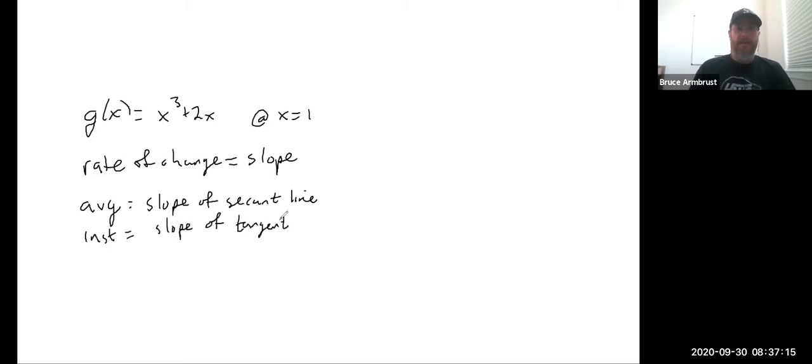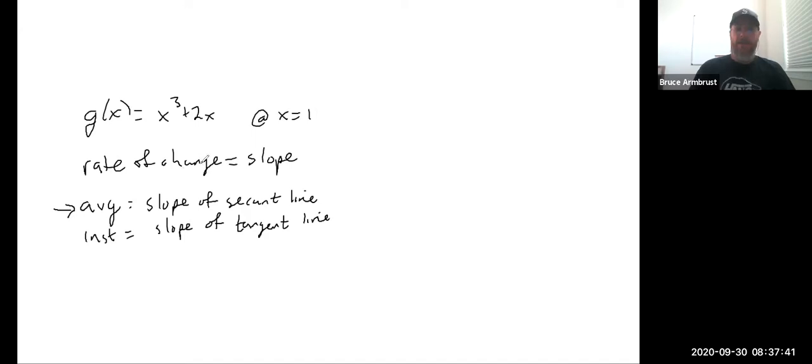Now, we don't have the tools yet to get the instantaneous. Well, that's not quite true because I just showed you at the very end last time, by using limits, basically bringing those 2 points in. We'll refresh our memory about that. So we just barely got that. We didn't have that before. So what we're going to do is approximate it by using an average, which means we need